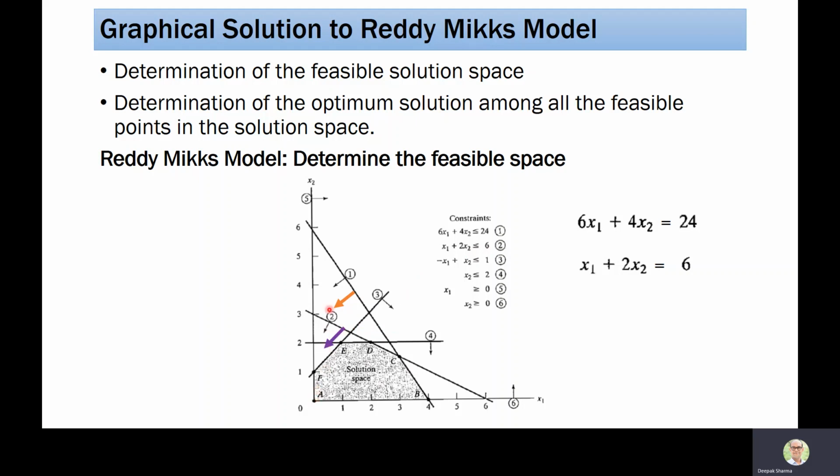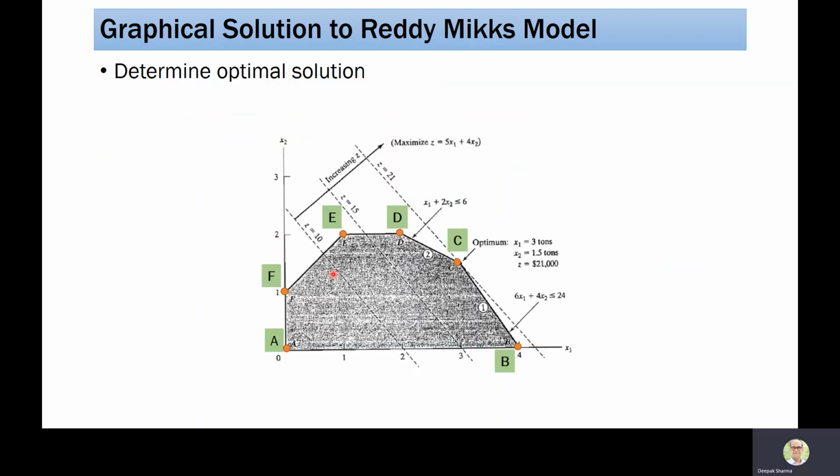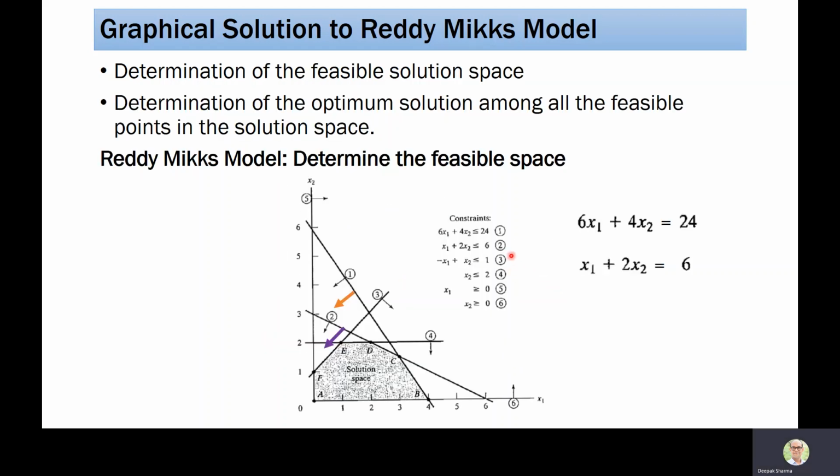Now what happened is that we have the first line which says that looking towards the origin is feasible. Similarly, for the second equation, we look toward the origin. As soon as this particular equation is introduced, we will find the common space of these two lines. Now, one by one, if I draw equations 3, 4, 5, and 6, what you can see here is that we have shown all these lines. Now, our task is to find the common space that is feasible for us.